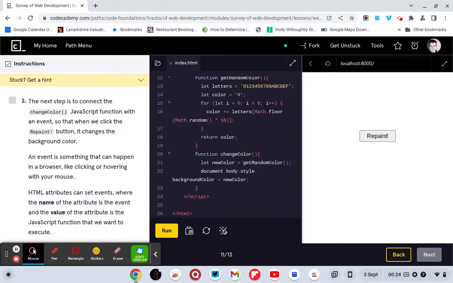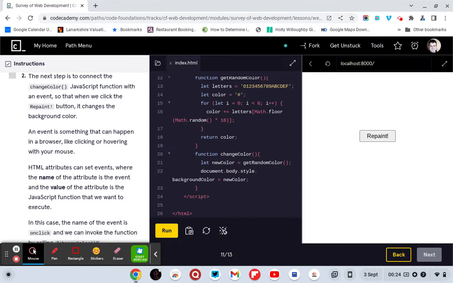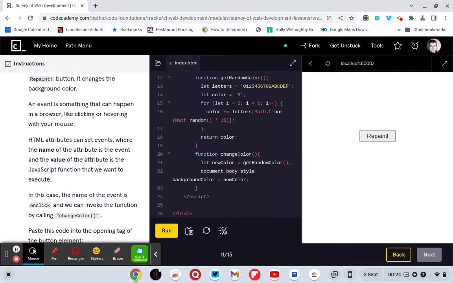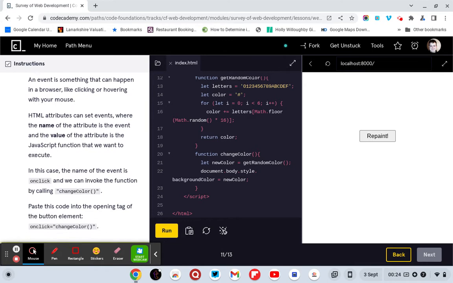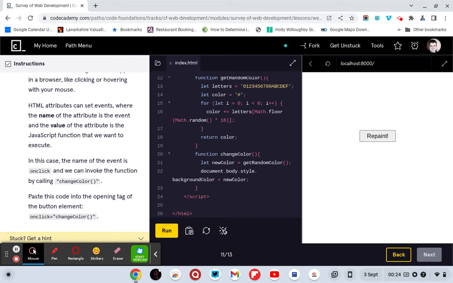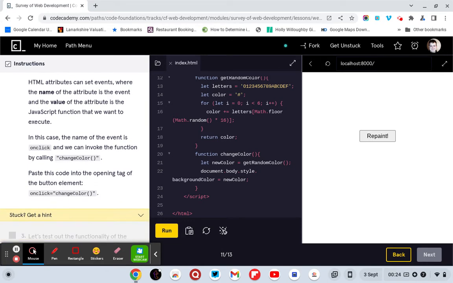The next step is to connect the changeColor JavaScript function with an event so that when we click the repaint button it changes the background color. An event is something that can happen in a browser like clicking or hovering with your mouse. HTML